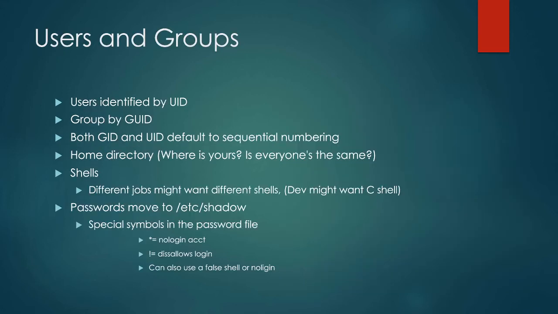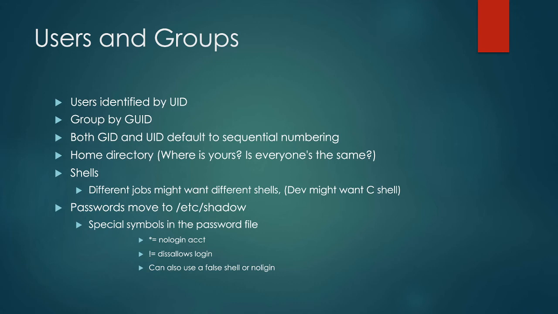Next, we're going to talk about users and groups. Users are always going to be identified by a user ID number. Groups are identified by a group ID number. Both of these are going to use sequential numbering by default. Everybody should have a home directory, and I want you to think about where yours is. Is everybody the same? Perhaps you would like to have a different setup depending on different jobs. For example, if you are creating accounts for developers, or devs, perhaps they would like to use C shell instead